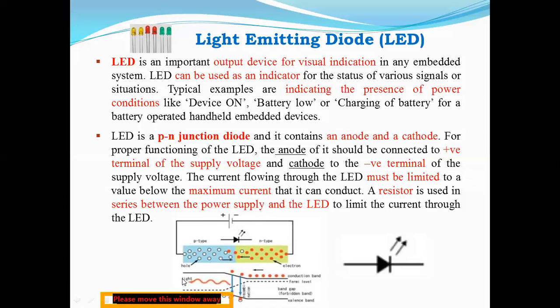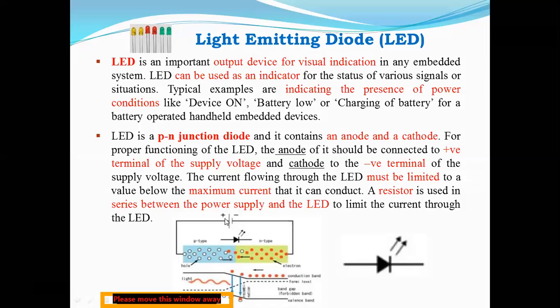So what happens when you apply current to the anode? You can see the symbol here, the symbol of an LED. What does this arrow indicate? It indicates it emits light in the form of color. On the bottom, the diagram shows the P type and N type, right? The P type is connected to the positive, the N type is connected to the negative. The material is made up of gallium arsenide and arsenic.